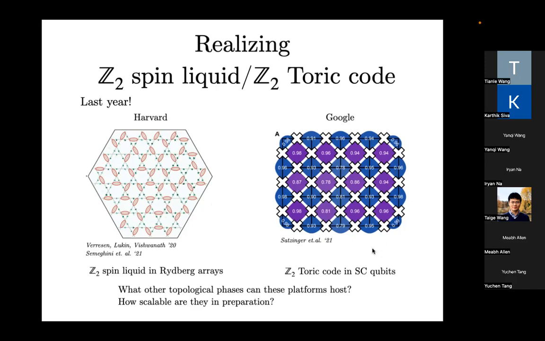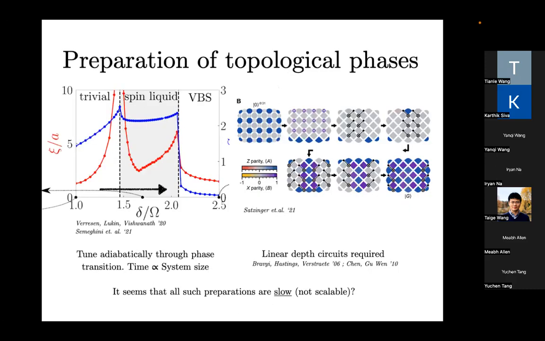So this is very exciting from the viewpoint of probing or exploring topological phases of matter. Of course, it raises the question: what other topological phases can these platforms host, and how scalable are they in preparation? Of course, in these experiments, as I said, since it's a non-trivial topological phase, you must go through a phase transition. So when they prepare it in the experiment, what they have to do is start with the trivial phase, they tune adiabatically,